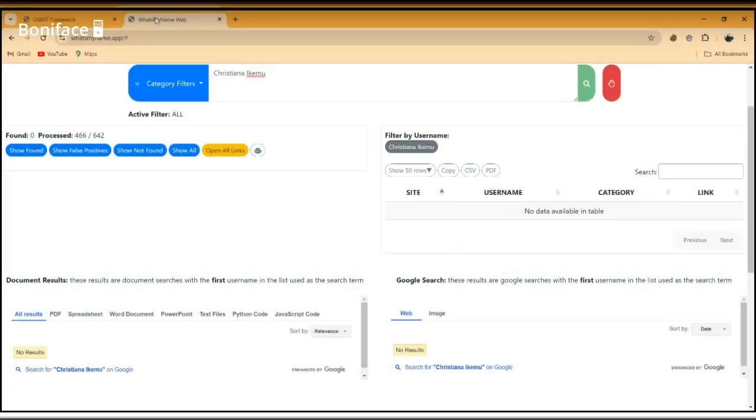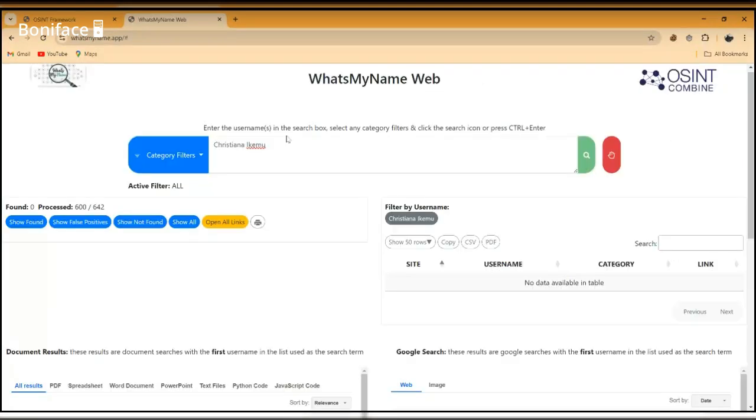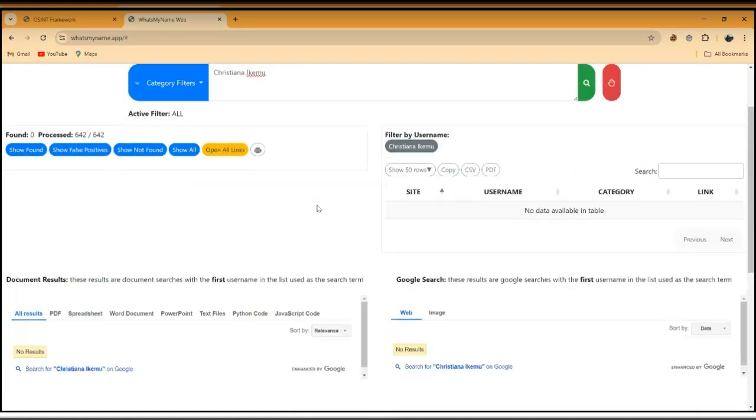Is there any way I can stop this? I need to stop this search. It's taking long. Okay, it's almost done. Yes, somebody said something. Yes, Nmap is a very, very important tool used in OSINT for gathering information. Definitely we know about ports and the likes of that. It tells us more about them, say vulnerabilities that are there, or the ports that are open, or the services that are running, and the likes of that.